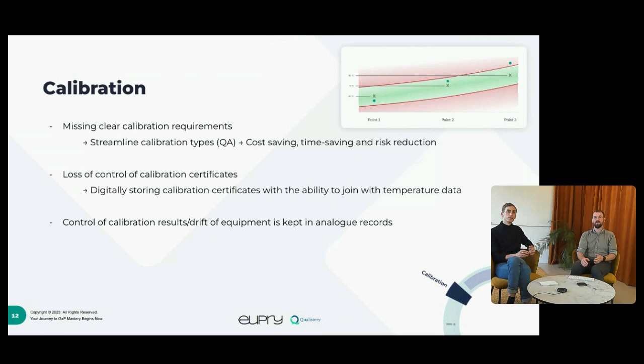Another thing that we often see is that calibration results, so the data we extract from our calibration certificates, which often also indicates the drift of equipment, is kept analog or kept in a non-digital way. And I think the major solution to that is being able to have clear expectations with a calibration provider,